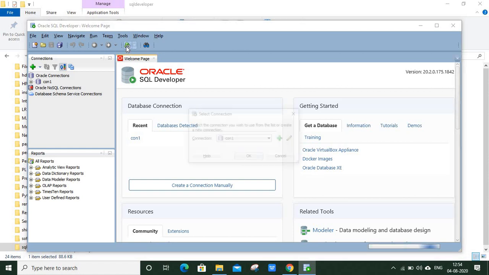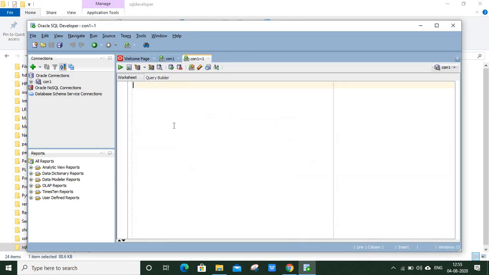So you will see the worksheet like this. To create a table in SQL, we have the create table command, and the format of that is: create table. This is the command. Then after that, you need to mention the name of the table. Let us say the name of the table is student,